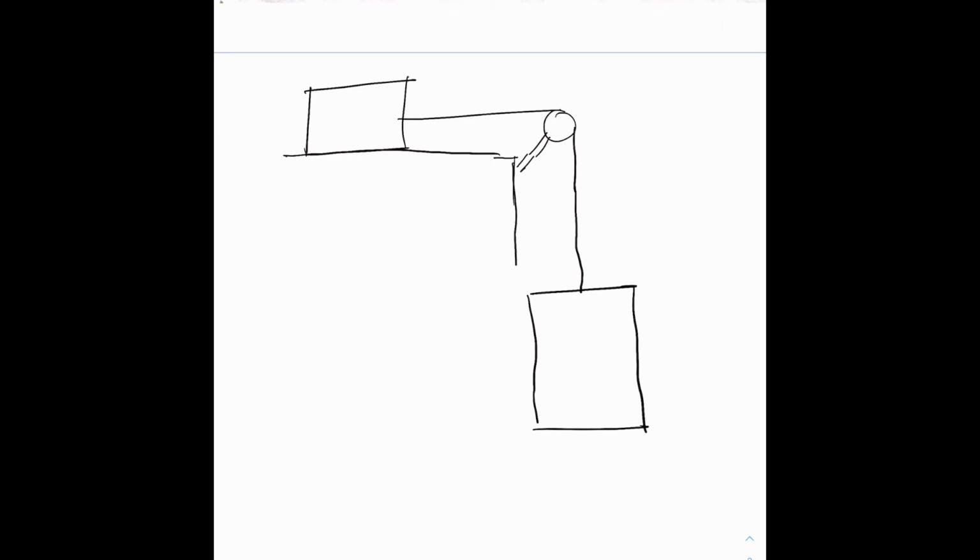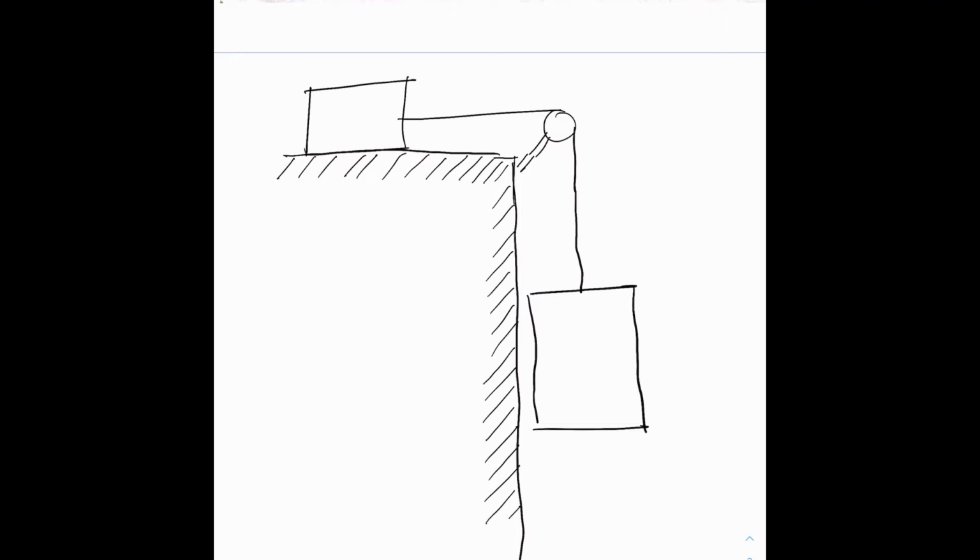Okay, so what we have here is a table, obviously. And you can already tell this problem is different because one block is on the table and the other one is on the side of the table. You can also tell the problem is different because there's two blocks. And a good question is, well,